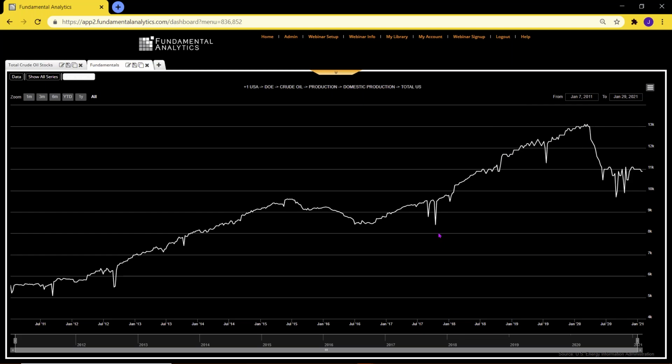I want to also point out that these are not bad data points where it drops like this dramatically, but those are hurricanes in the Gulf of Mexico, where there is a great amount of offshore platforms and, right along the coast there, onshore drilling. When you have a large hurricane like that, they will evacuate the platforms, they will cut down the production operations, and so you have this drop briefly, and then it comes back.